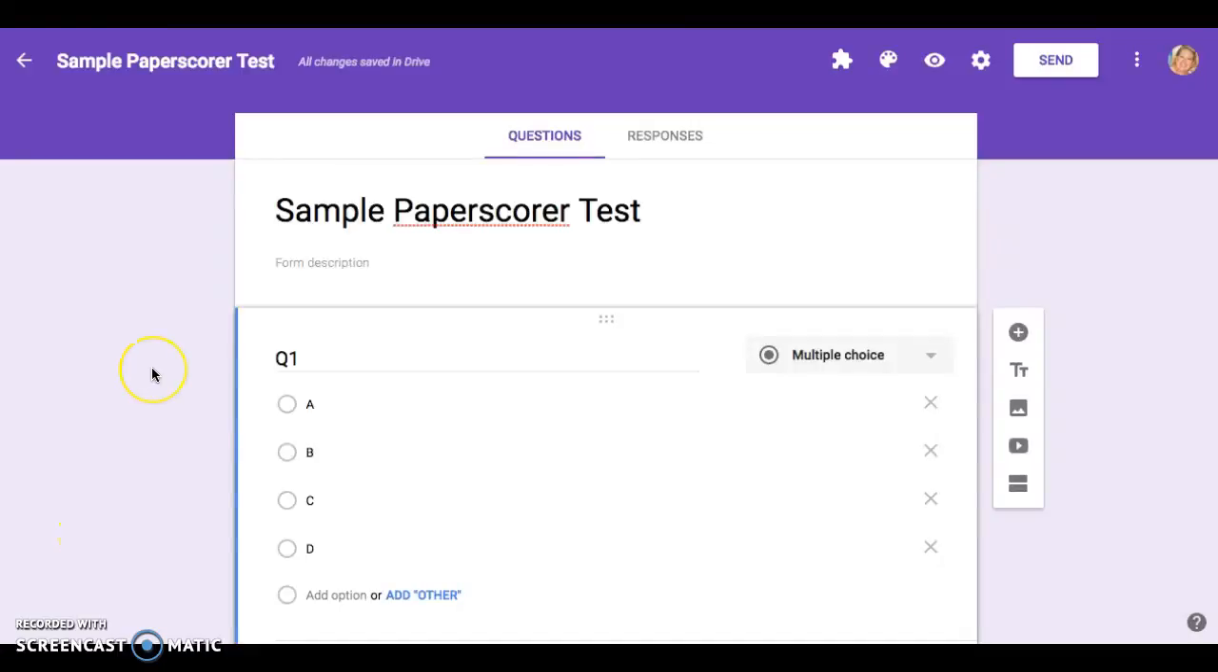Hey guys, so this video is to show you how you can use the Paperscorer add-on in Google Forms to print bubble sheets, make a test key, and scan in your results, and then view those results using Google Forms and another add-on called Flubaroo. Sound confusing? I'm going to walk you through the whole thing because I want you to see just how this